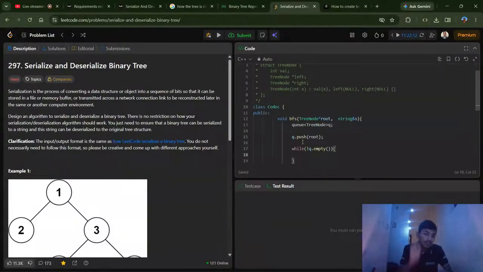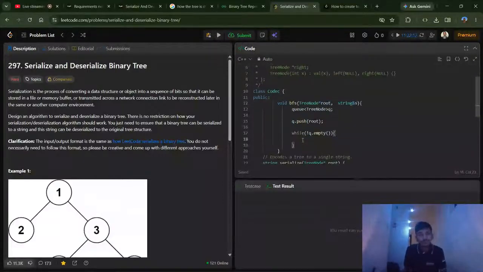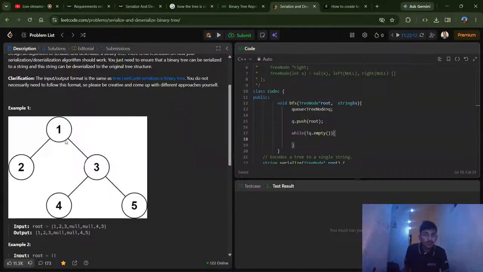Means if I say we have one, and if there are two children, root. Now if I say tree node,